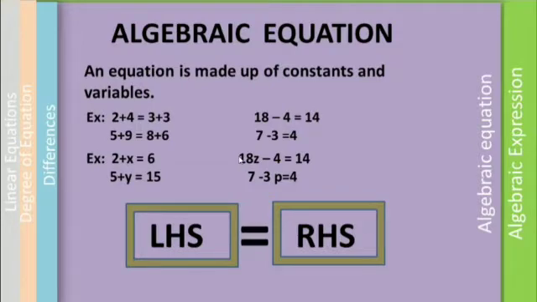For the equation 5 plus y equals 15, notice how y equals 10 creates a true equation, and x equals 4 creates a true equation for the algebraic equation 2 plus x equals 6. Hope we have made clear to you all what an algebraic equation is. Let's get a small recap of the